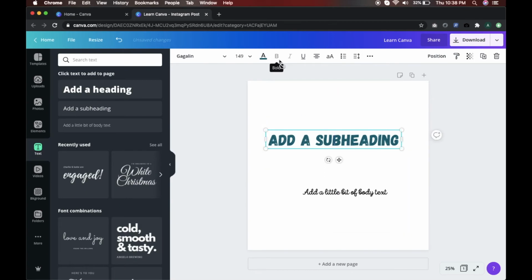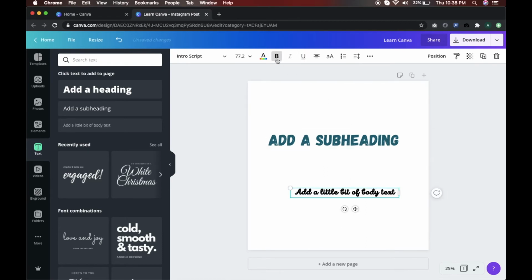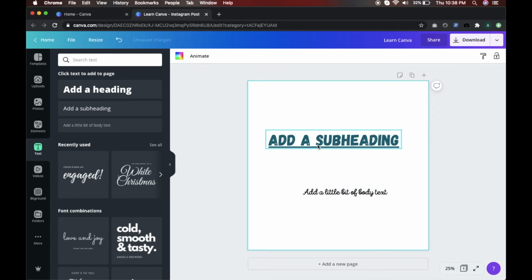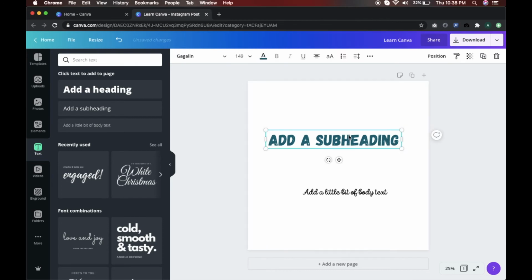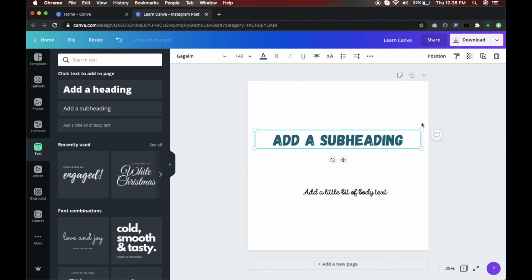After that, we have the regular styling like bold, italic, and underline. These are available as per the font that you have chosen. All fonts do not have the bold or italic or underline functionality. So when you select the font, you will see that certain ones have the bold functionality, while others, like this one, don't have the bold or italic functionality. So it varies from font to font, and it is something that we have been generally using in our day-to-day computer usage. Next, we have the alignment of the text.